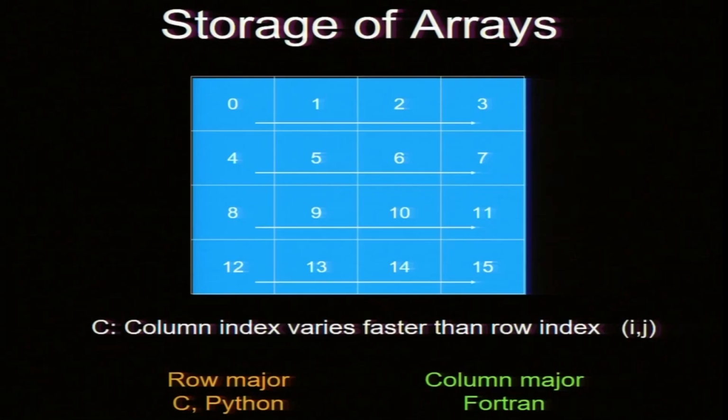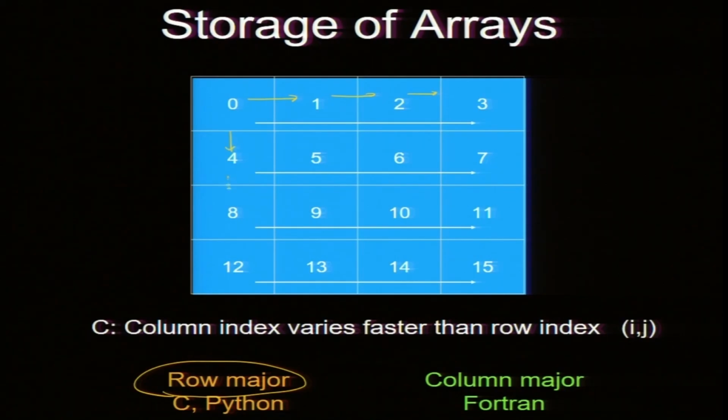Now, let us look at some other operations. Storage. I am going to do now a 2D array. So, 2D array, how are they stored? 2D arrays are stored in Python and C in row major format. I am repeating it, but just for the recording I am doing it. So, what is row major? These numbers are stored in the memory, and from memory they come to cache. Are they stored in this sequence or in this sequence?